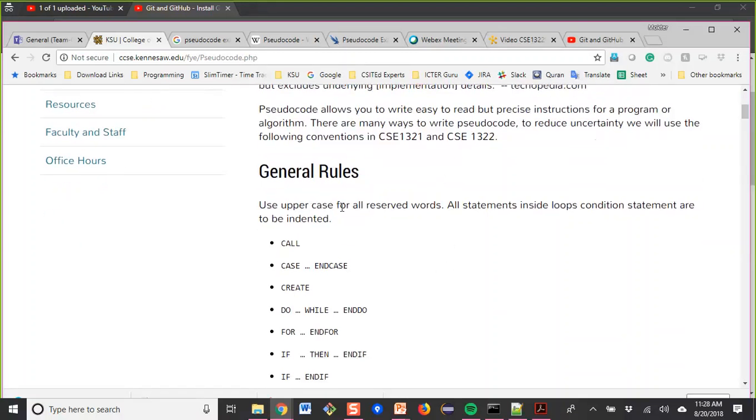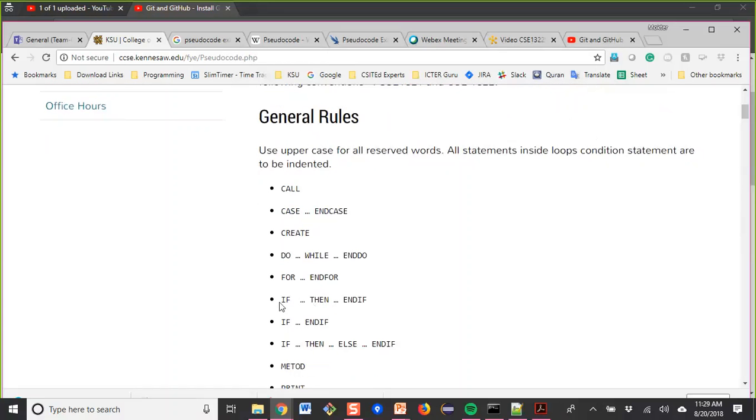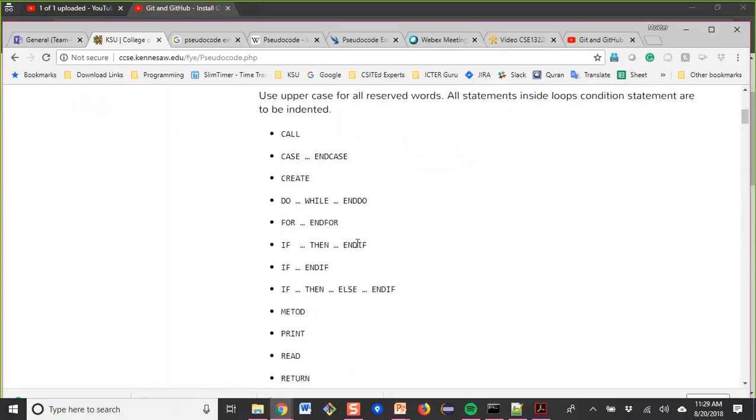Use uppercase for reserved keywords. That means keywords like CALL, CASE, END CASE, CREATE, DO, WHILE, END DO, FOR, IF, THEN, END IF. In a minute I will show you why we write all of these in uppercase. Please notice that, for instance, ENDIF is a single word; you should not give any space between END and IF.